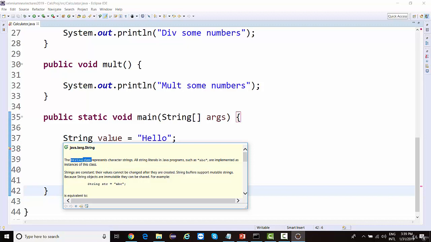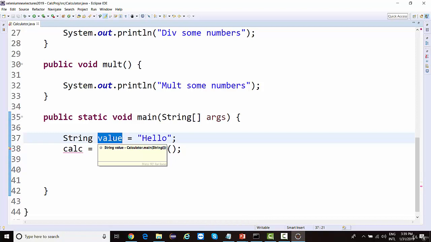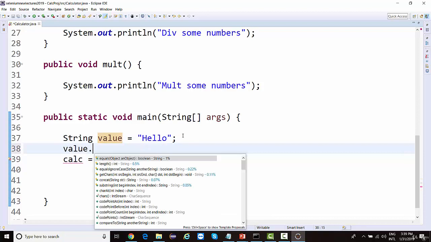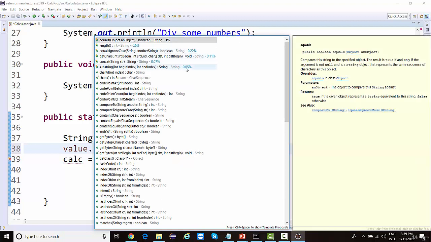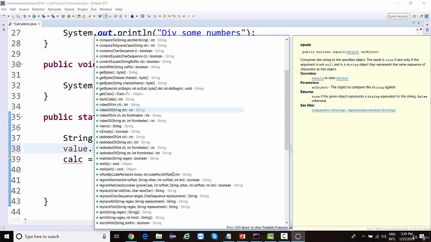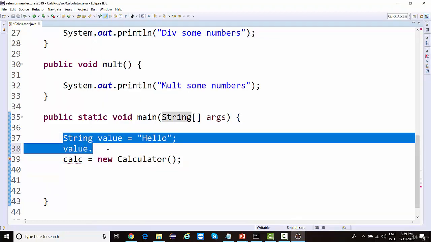So if this is a class, then what is value? This is not an object, this is an object reference, a reference variable. So if you say value dot, you should be able to see all the methods from the string class. See, against every method you'll find string written. But there are some methods where you'll find object written as well, right? Because object is a parent of any class in Java. That's the reason we are able to see object with all the methods that we are calling, right? So like the way we stored a numeric value in int, we stored a string text value in string.